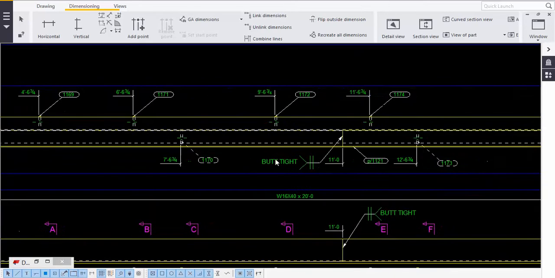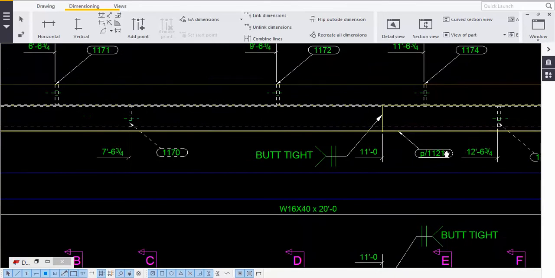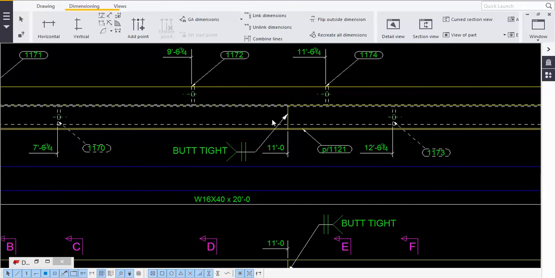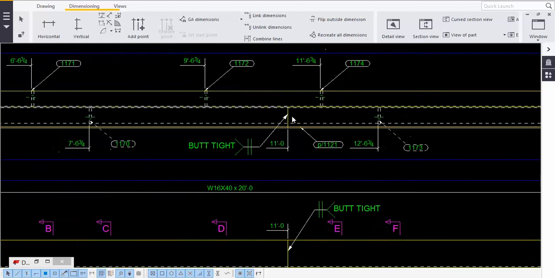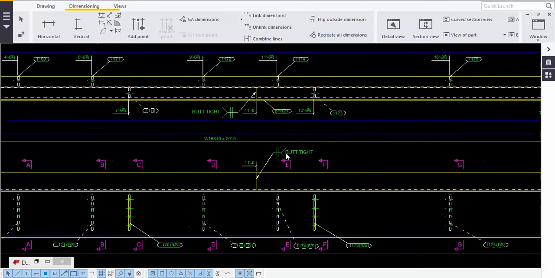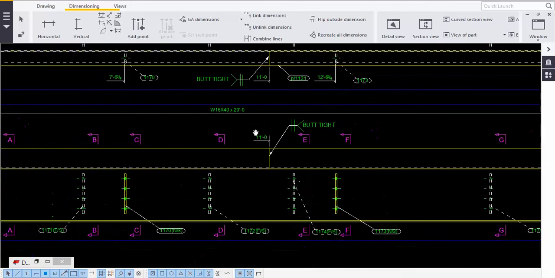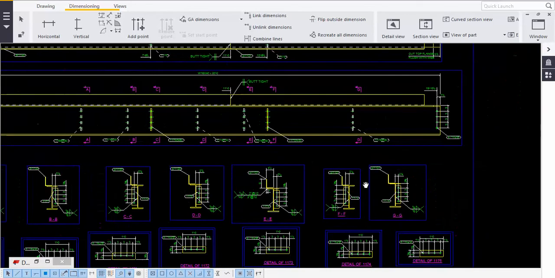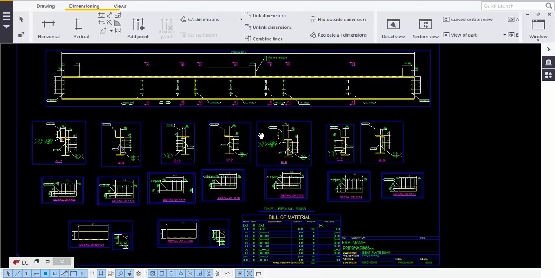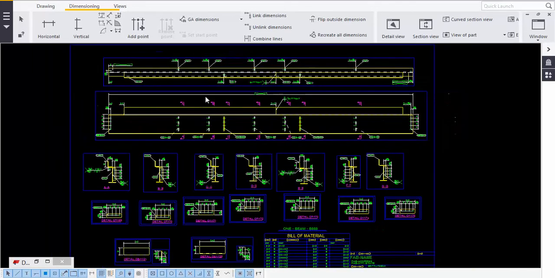And here we give butt height. So here we give butt height. Why we give butt height is, here fillet weld is not required. See, why we go for butt weld means, here everything gets touched with the web and the flange, everything gets in tight, so that we go for butt weld, okay, and butt tight. So in this way we do the detailing of this bent plate, okay.